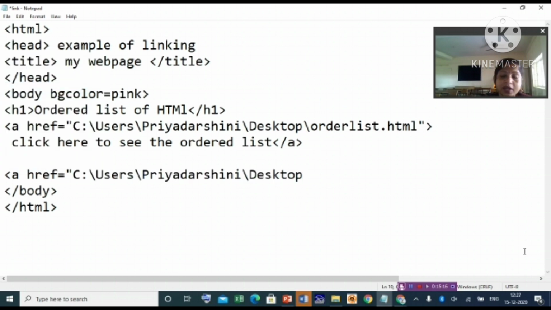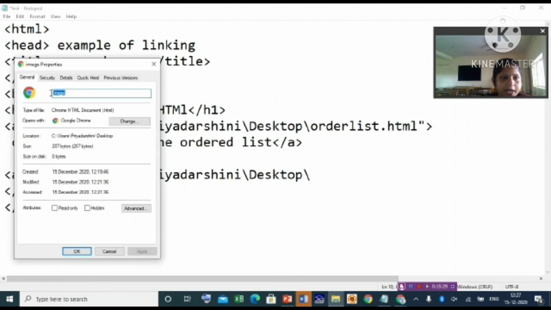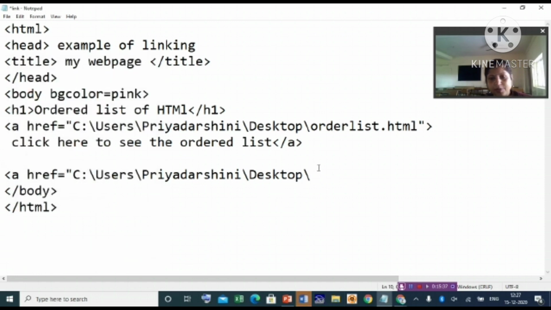What we are using here is SRC location. For image we are using SRC and for link it is the location. Then give a slash and bring the file name. So which file? This is the image file name. Right click, copy it, and this is an HTML document. So bring it. You paste it here and then give dot html. Okay. Then close it. Here you can type any message. Click here. Only click here also you can write, no problem.